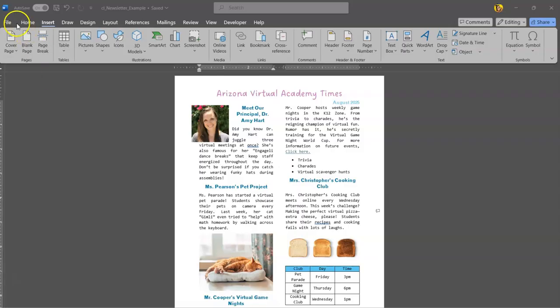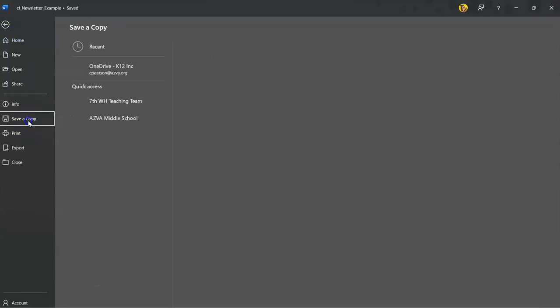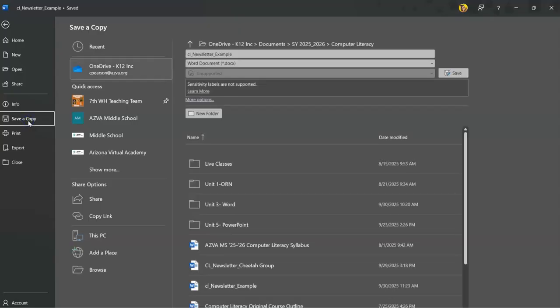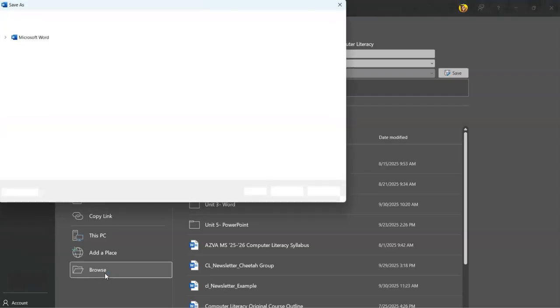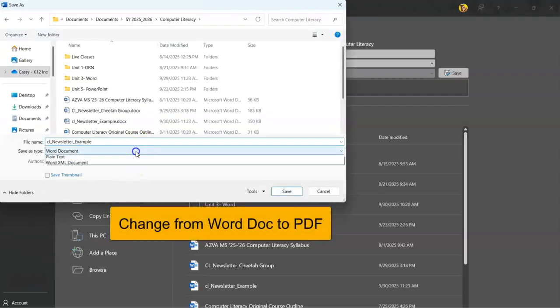Now we're going to save this as a PDF, so go to File, and then Save a Copy or Save As, and then you can browse it if it doesn't show in your folder, and then change from Word doc